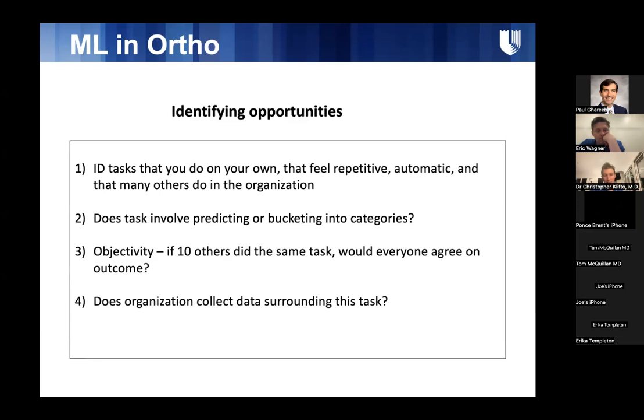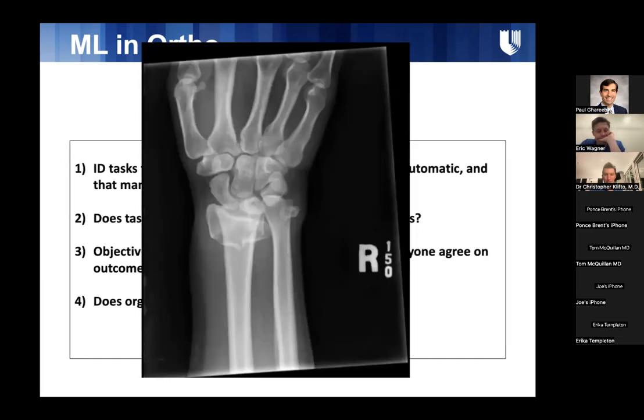And then you have to ask, does your organization actually collect the data to be able to do it? Most of the last 2 or 3 years, Kier excluded because he hasn't done any research for me, which is fine, the rest of us have been trying to figure out how do we actually get all that data to make these models. And this is just something you do like fracture detection, which is, is this a distal radius fracture,